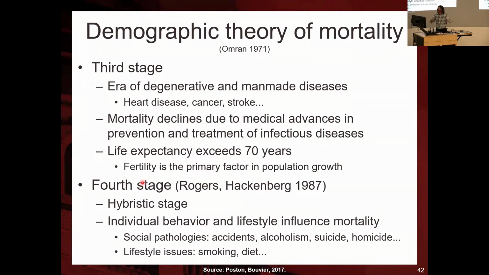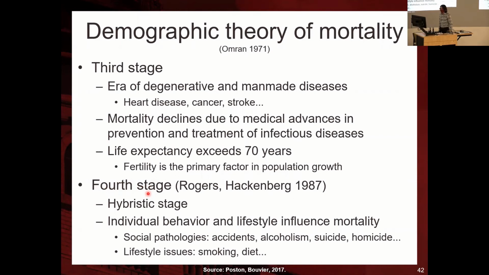And when we reach that place in which mortality declines so much and people start to live longer, the oscillations in fertility are the main factor influencing population growth, what I talked about before. Because fertility keeps moving up and down, whether we have a positive or negative growth is more related to fertility oscillations. And the fourth stage, that's more a discussion about contemporary developed countries,